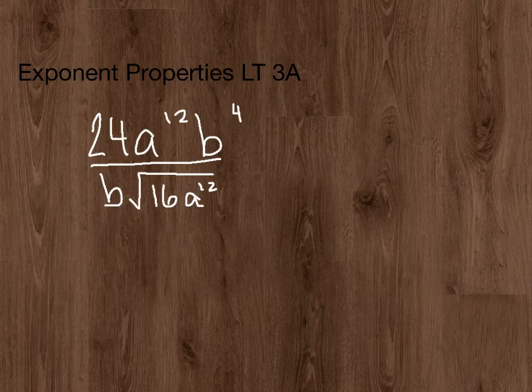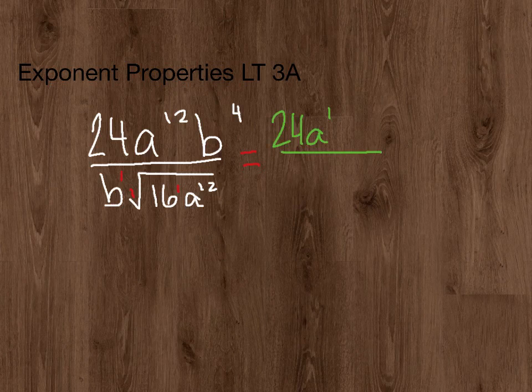We're going to do Exponent Properties LT 3A. We notice that in my denominator it looks a little funny with my radical, so I'm going to go ahead and rewrite this. I'm going to put my imaginary 1 with my 16, the 2 in between, and my imaginary 1 with the b. I'm going to keep the top the same, so I'm going to just keep that as 24,